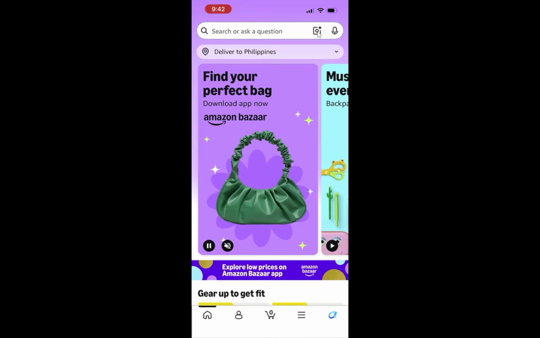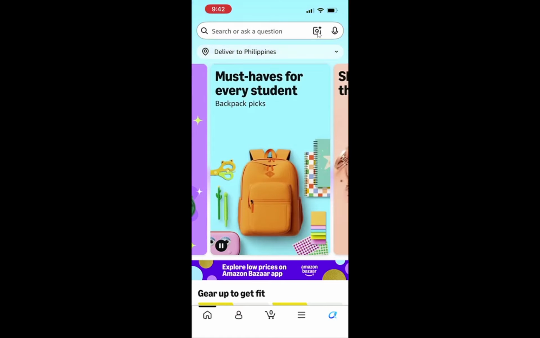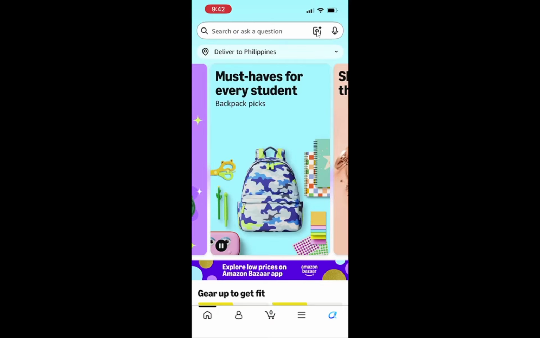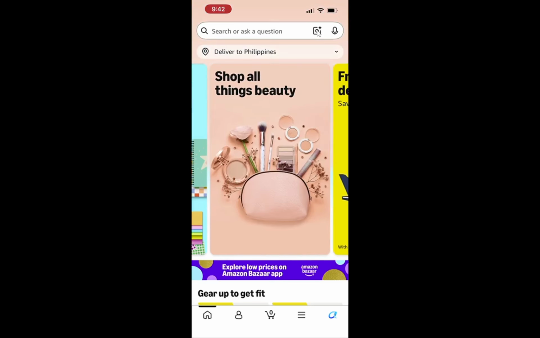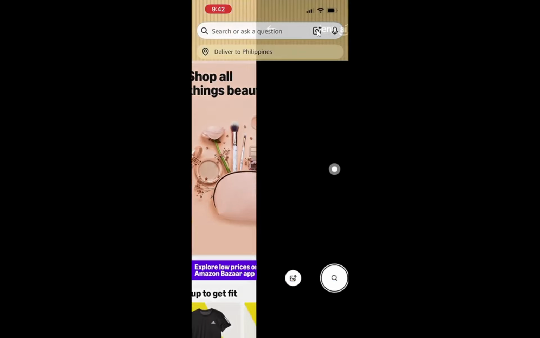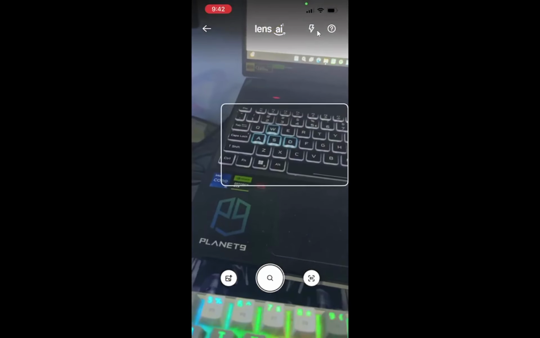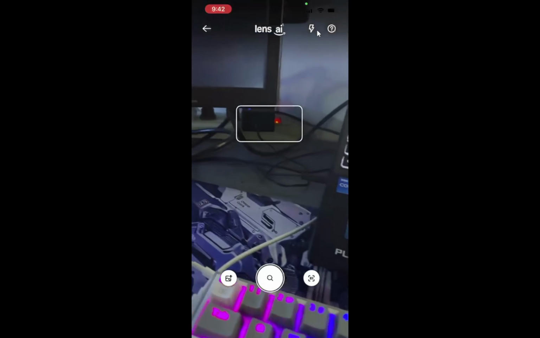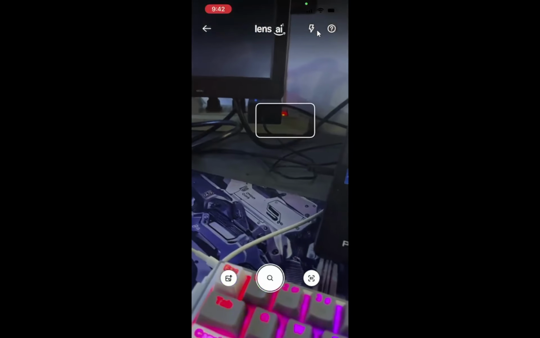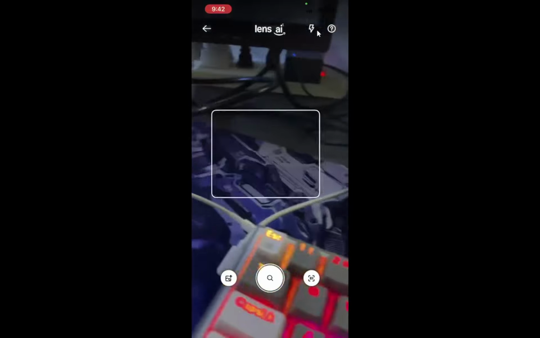As soon as you tap it, the app switches away from the home feed into a camera-style view with a live preview from your camera and some options near the bottom. If you do not see this camera view, tap the icon one more time to be sure it registered. If the app asks for permission to use your camera, allow it. You will see a system pop up with buttons like Allow or Do Not Allow. Choose Allow here so Amazon Lens can actually see what you are scanning.